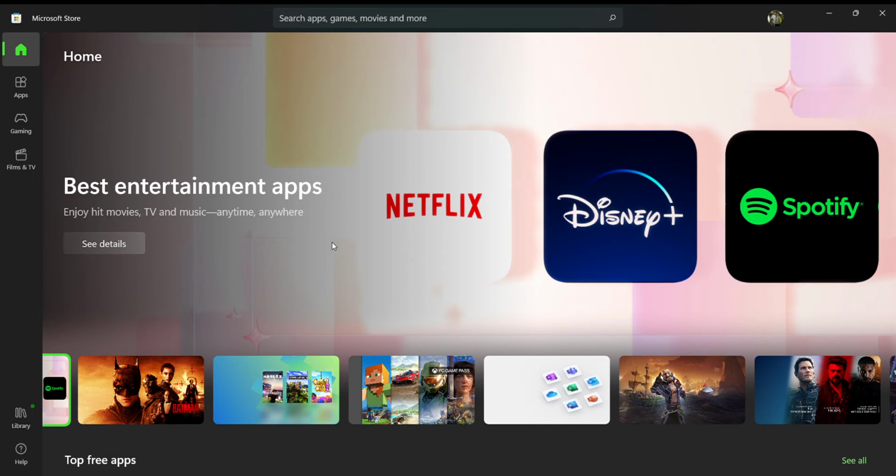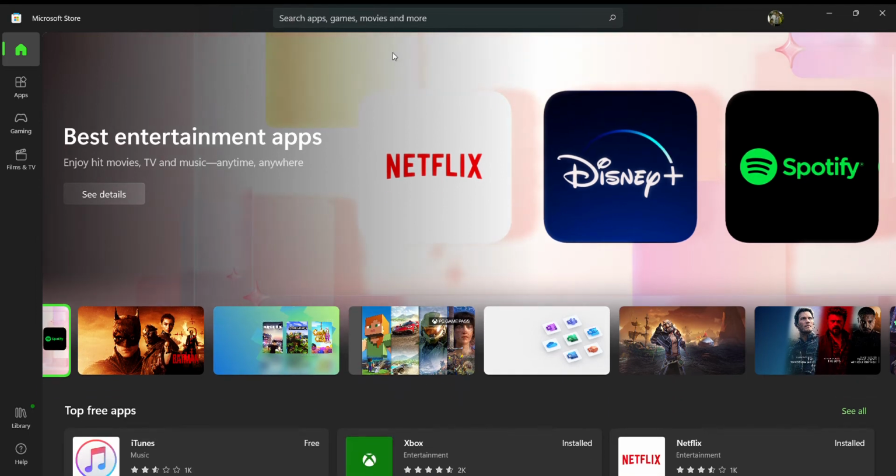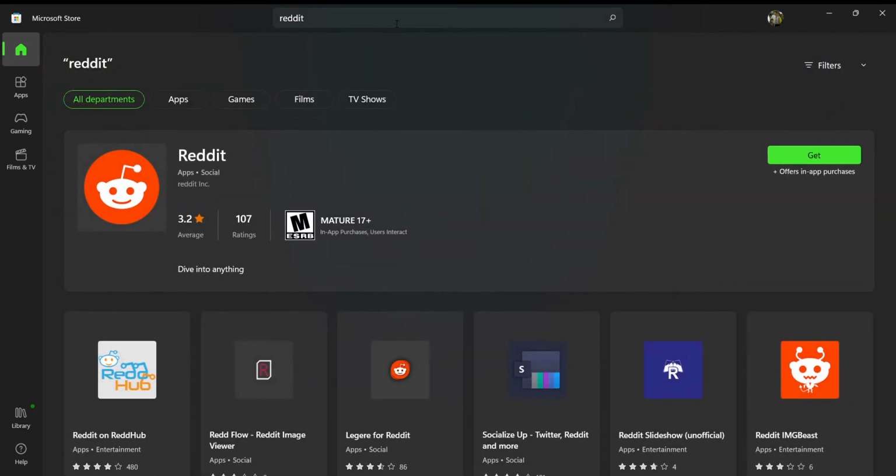using. After you open up Microsoft Store, you just need to search for Reddit. You need to write here Reddit and click on enter. After clicking on enter, the Reddit will show at the top right here. This is the official app of Reddit, and all you gotta do is click on this get button on the